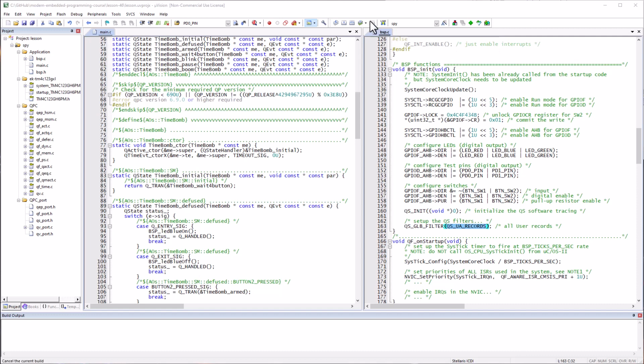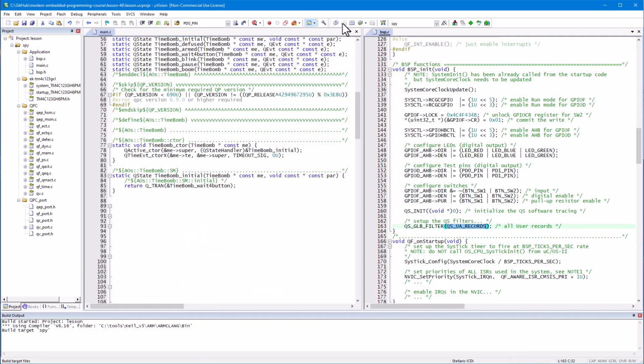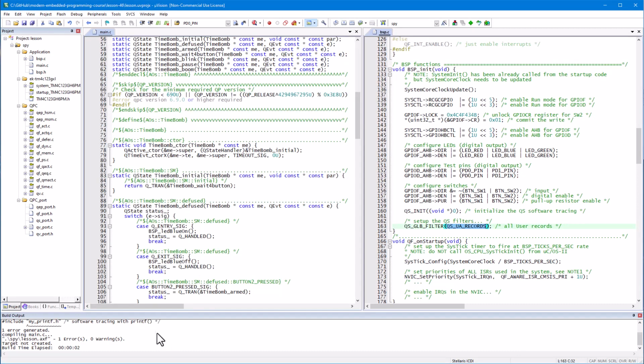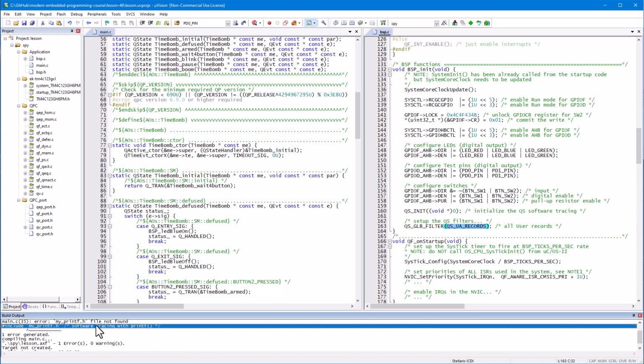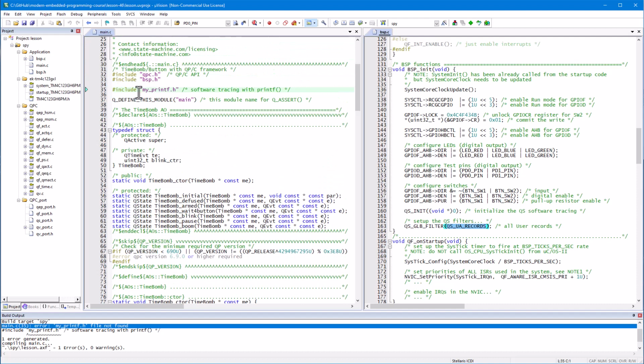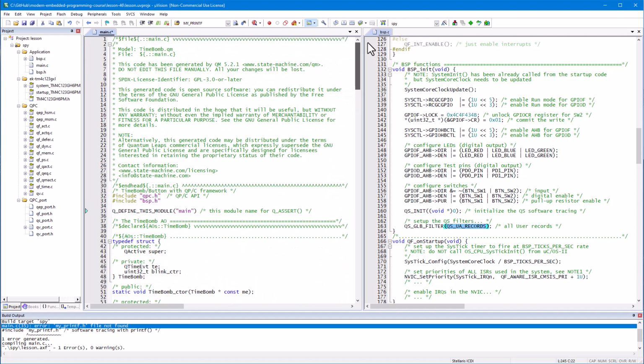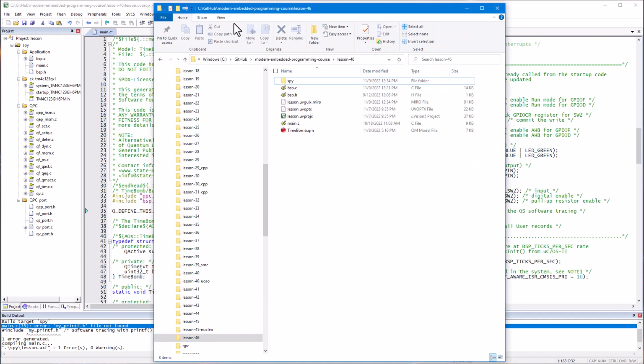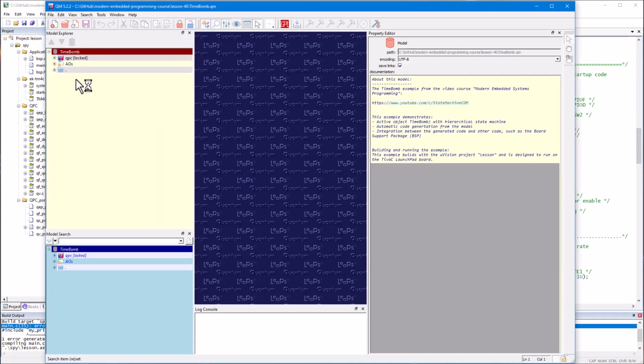So this is about it for the bsp.c file, so let's try to build the project. The compilation error is about the old myprintf tracing that was still inserted in the main.c file, but this file has been automatically generated by the QM modeling tool, so let's make the changes in the model and regenerate the code. For that, you can go to today's lesson 46 folder and double-click on the timebomb.qm model file to open